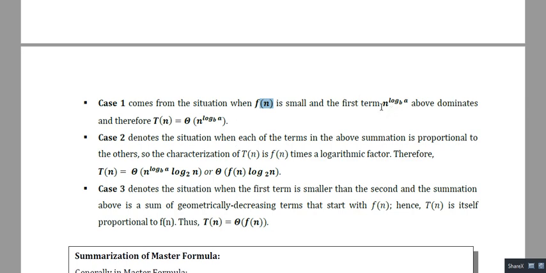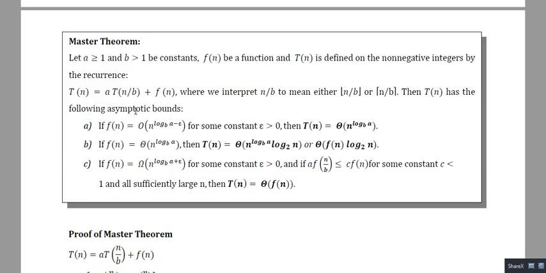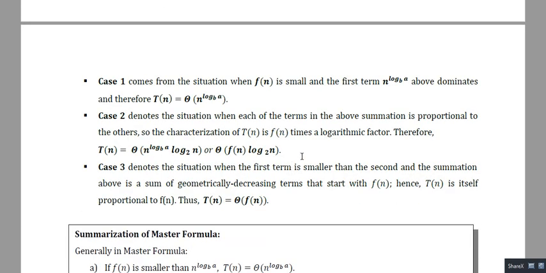And this particular value you can find by applying the iterative method, because after the first iteration you have n/b, after the second you have n/b², then n/b³, and after the kth iteration you will have n/b^k, and that is going to be 1. So make that 1, then solve for k, and you will get this.